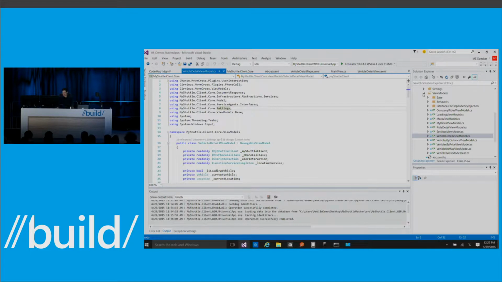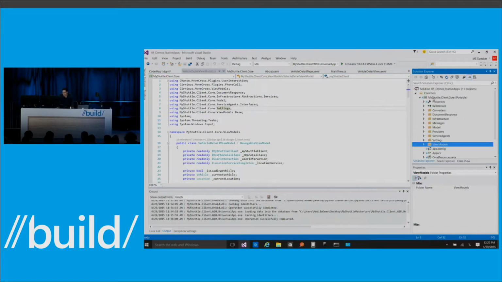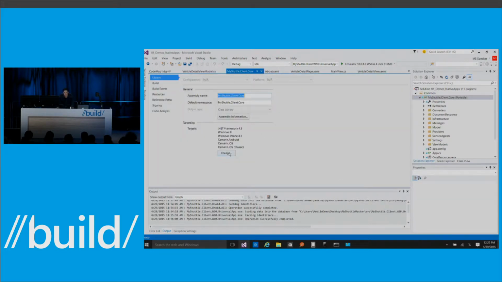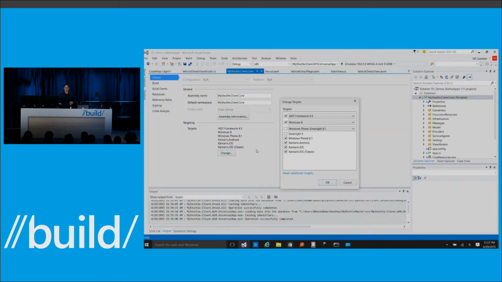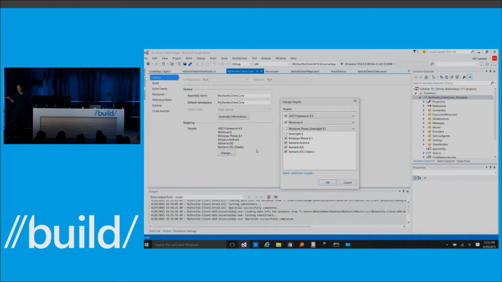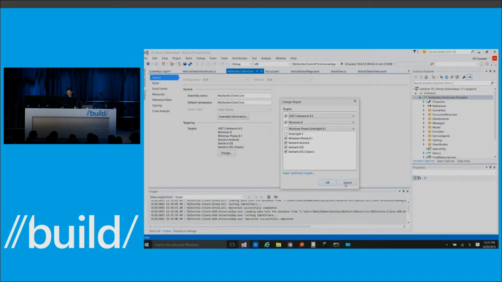So next thing I'm going to do is just show you how you can actually do this with the portable class libraries. If we go to the properties, you can see that with the Xamarin extension, I can create a portable class library that can go across all the different Windows devices as well as Android and iOS. What's missing there is Windows 10. That does not mean that your portable class library will not work on Windows 10. It actually works. You just don't have to check a box to get it to work. We will add the checkbox just in case, between now and when we RTM the product. So this is outstanding work for us in Visual Studio. But that's basically how I can define a portable class library across all of these different solutions.